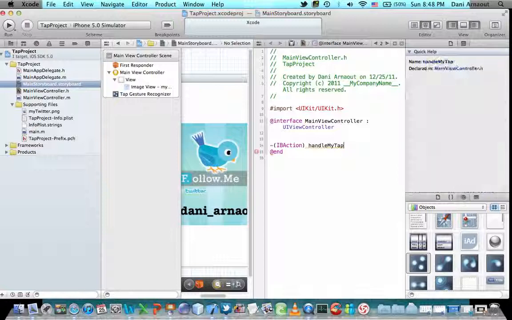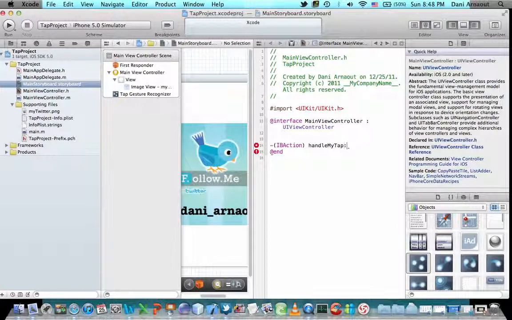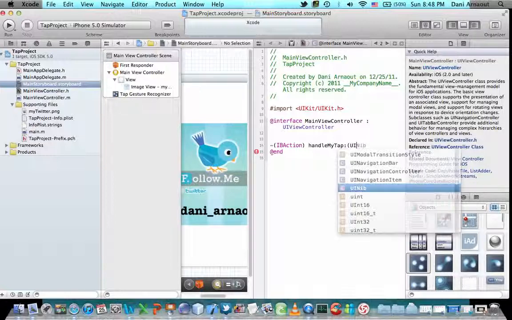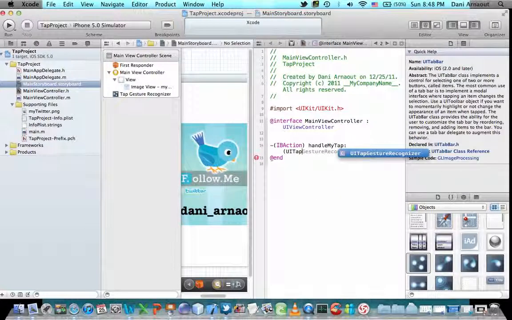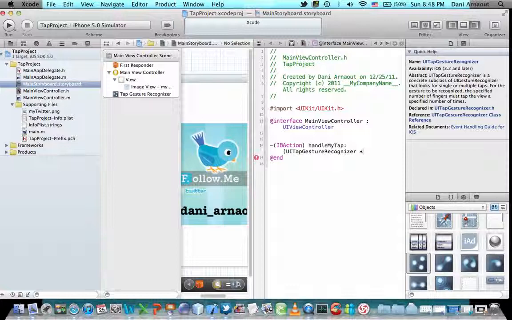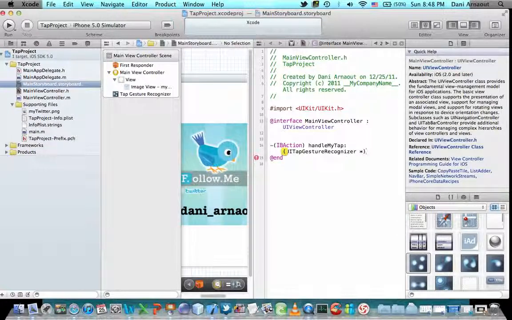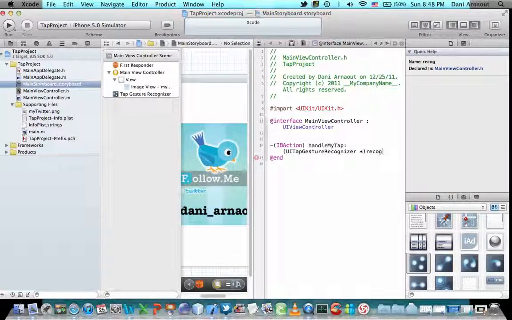It's just a name, and the argument that it's going to receive is of type UITapGestureRecognizer star, and close the bracket, and let's call it recognizer. So we have this method